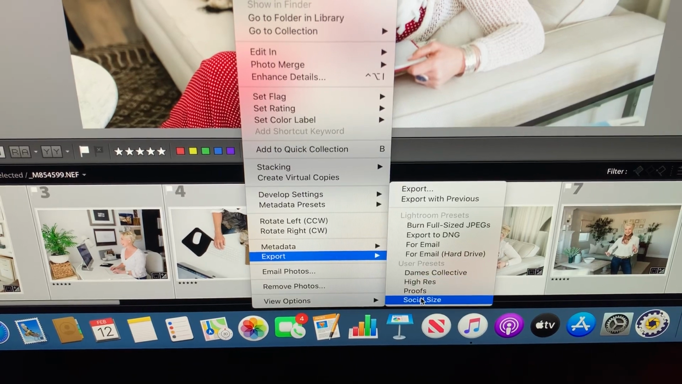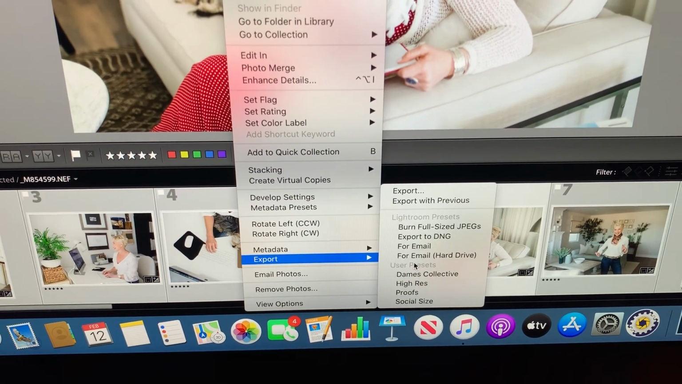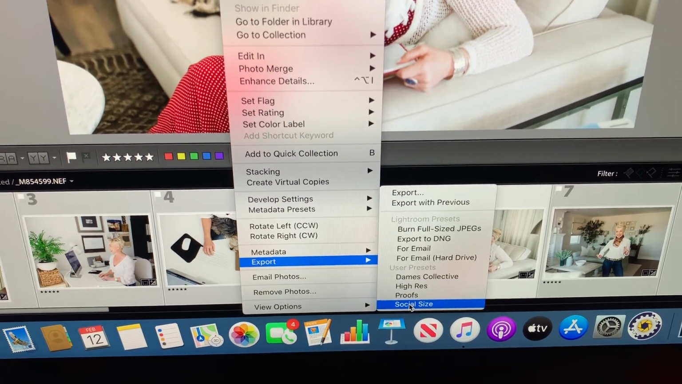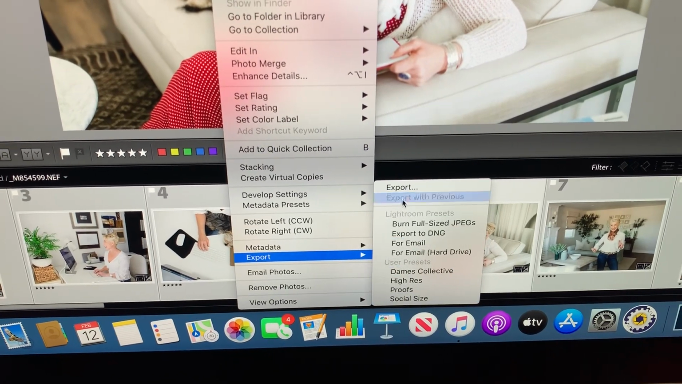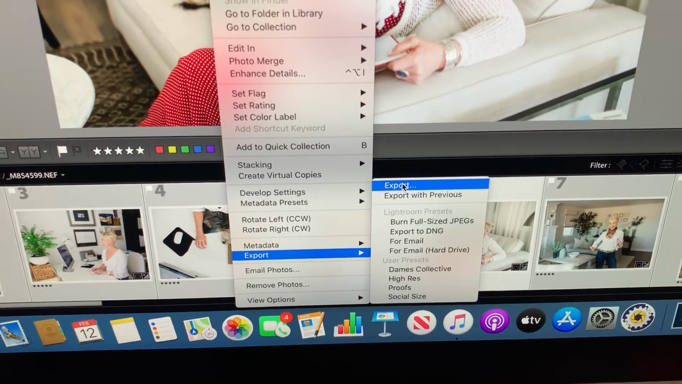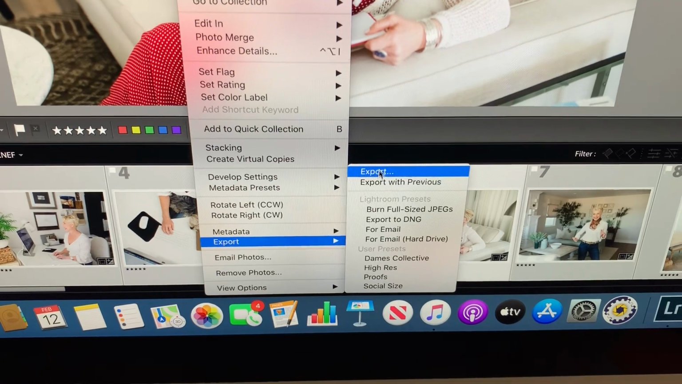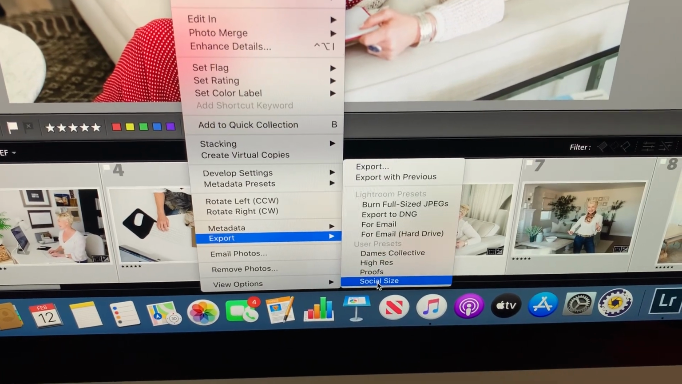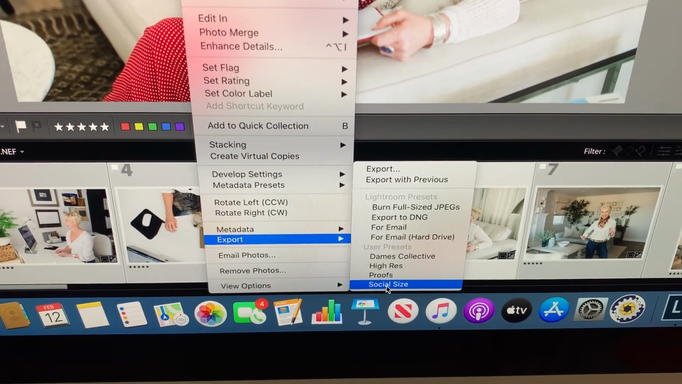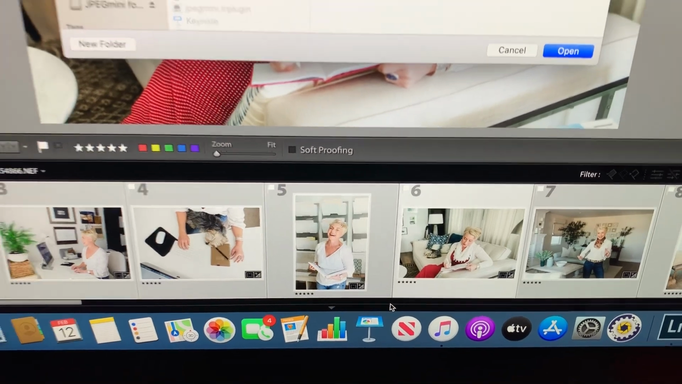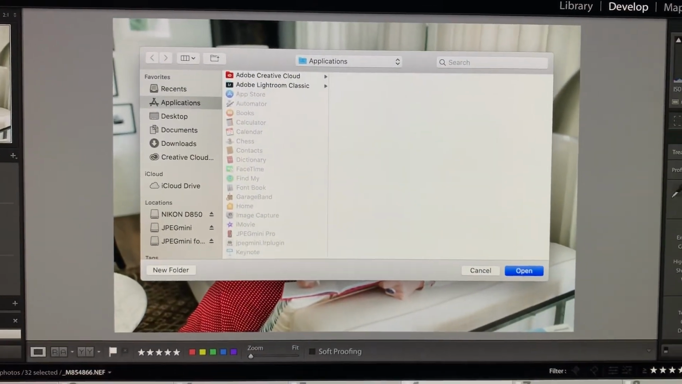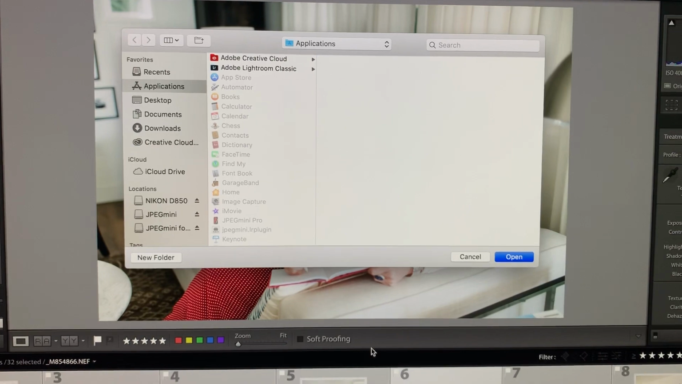But basically, right now we're exporting the sneak peek, which is gonna be social size. So you can always go up here and click export, and it's gonna open a general window. But if you already have your presets together, go ahead and click the size you want. I'm gonna click social size for the sneak peek, and then it is gonna pop up